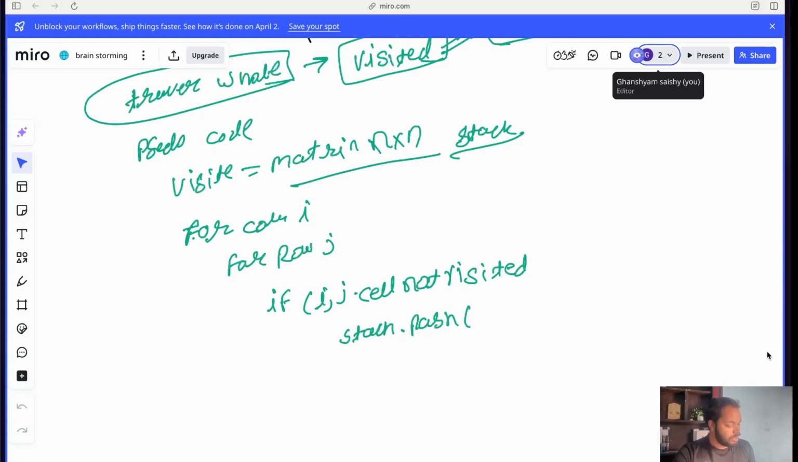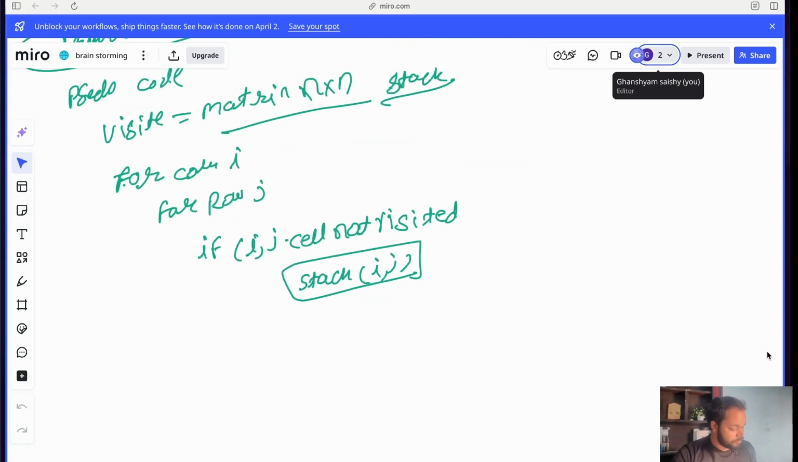or yeah, append, you can do stack.append. In Python, append works. So I mean just push into the stack, we have to put this, i comma j. So now I know that i and j are in the stack, and now what we'll do, we'll start our